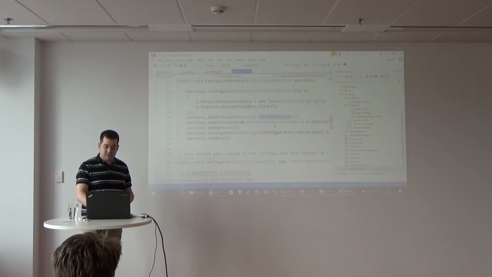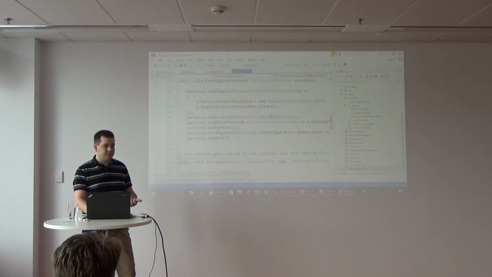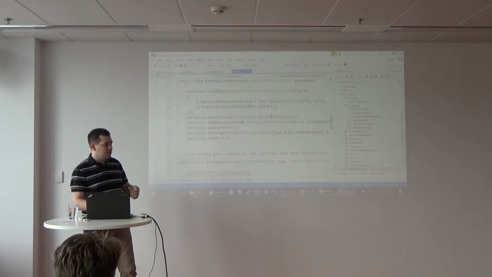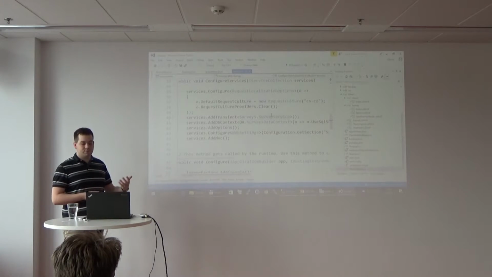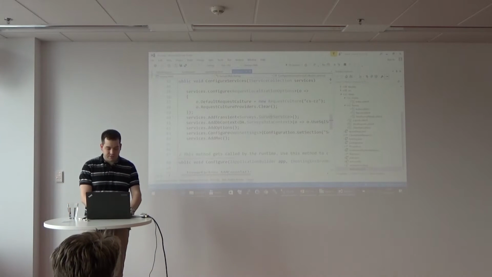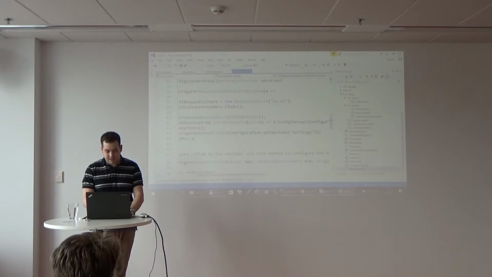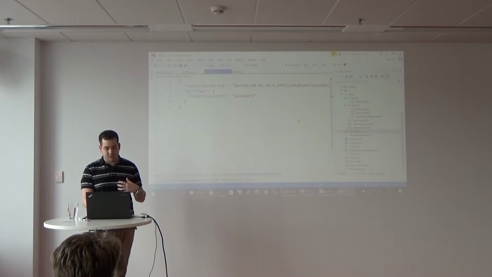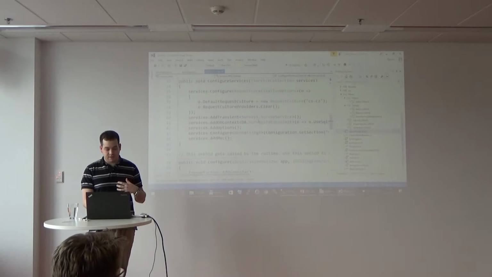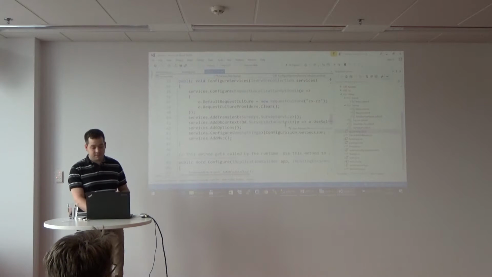And this survey service requires data context, which is entity framework class that is basically representation of connection to database. And I'm also registering it here. And I'm also telling that it should use connection string from my configuration, which is the part of this JSON file, to inject it inside this survey data context.